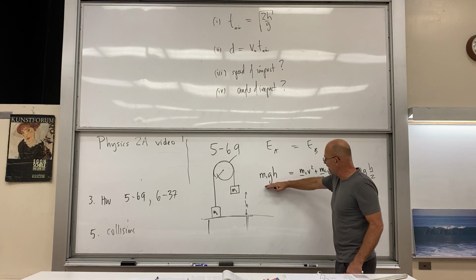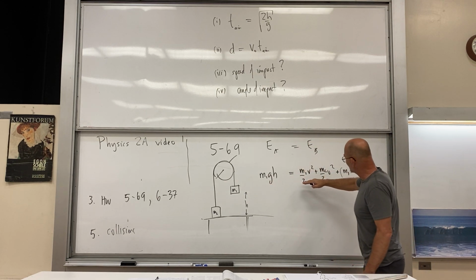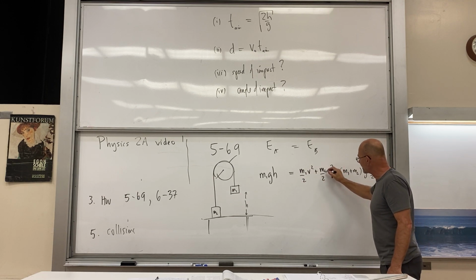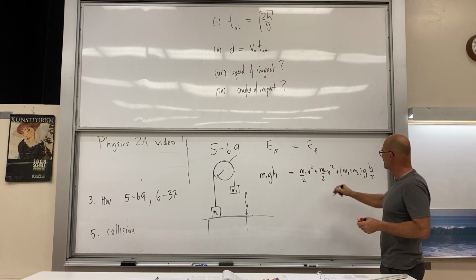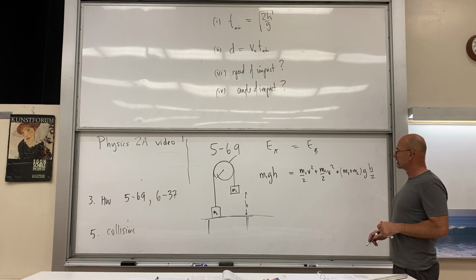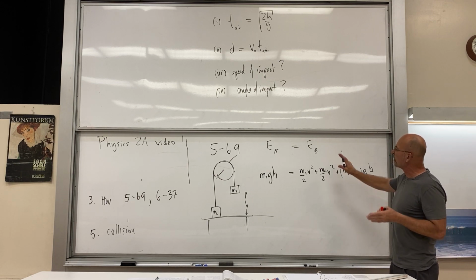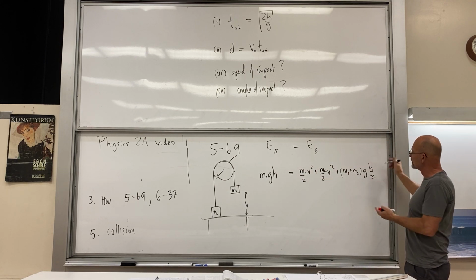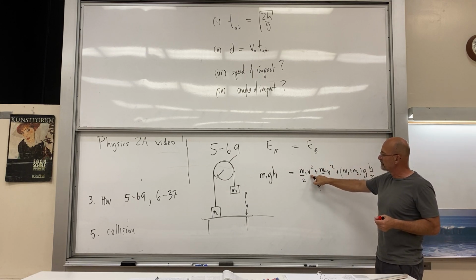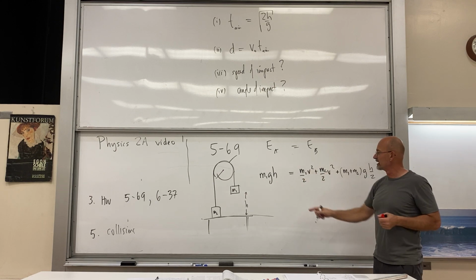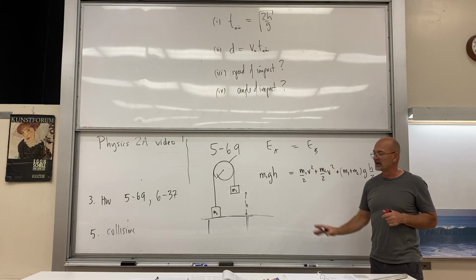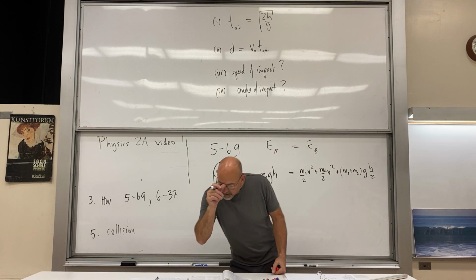So this is the energy, just potential. Over here it's kinetic of each mass, and they both have the same speed because they're connected by a string, plus the potential energy of those masses. So this is the power of the energy method. If you carefully write it down, this equation is true, and it's now just up to you to solve for v. So solve for v before plugging any numbers in. Okay. And what else?